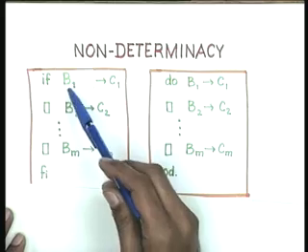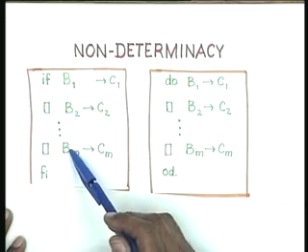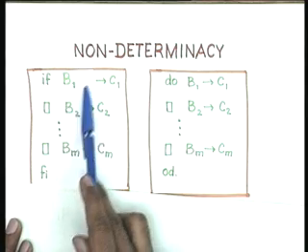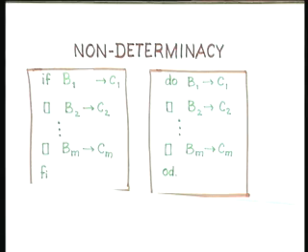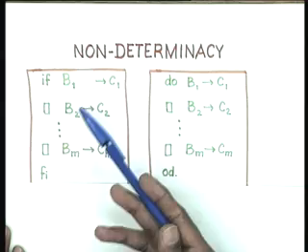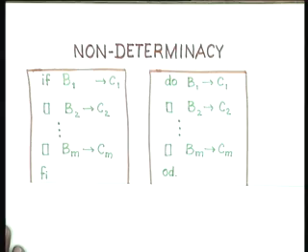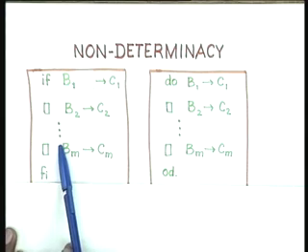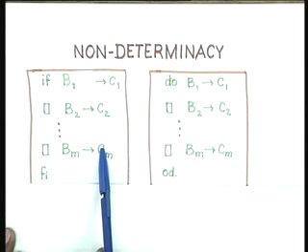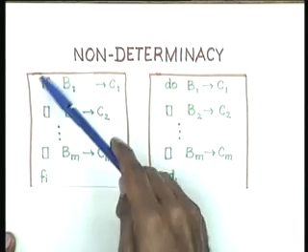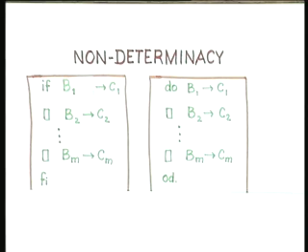And the fact that you are using full blown conditionals, which could be any Boolean expressions, means that more than one could be true in a given state. If more than one could be true, then more than one of these CIs could be executed, but the if only states that you can execute only one of them. So if more than one is true, there are several different possibilities.